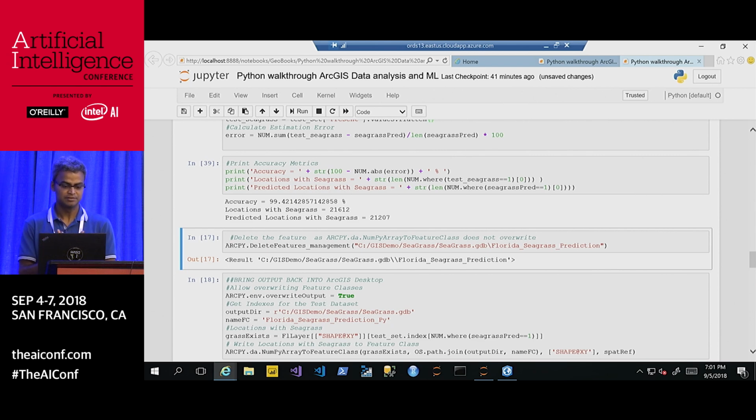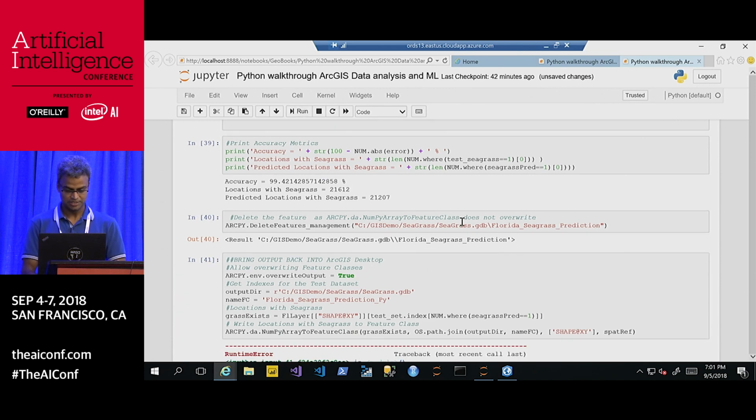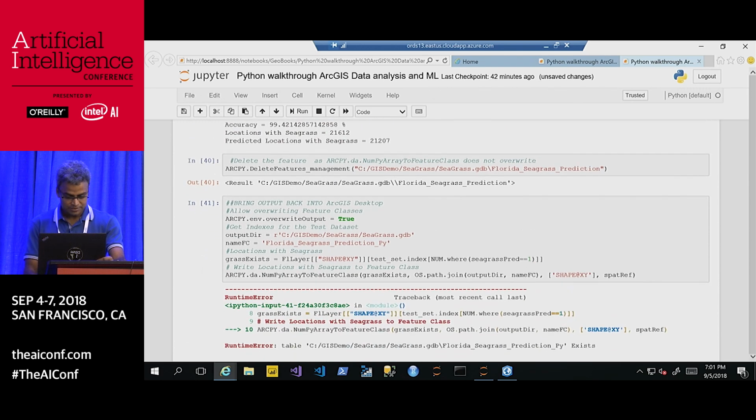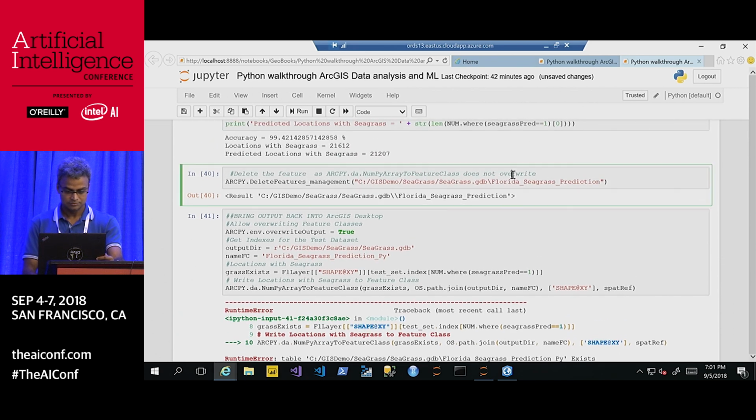going to be. So now I can actually write this data back into the GIS database, saying, hey, these are the map points and these are the coordinates where the seagrasses are going to be, and now I am going to write it to the GIS database. But before that I already have an existing one, so I am deleting it, otherwise it will not write. So bring output back into the ArcGIS database, so it will write, let me see, oh, it already exists. So if I delete it,